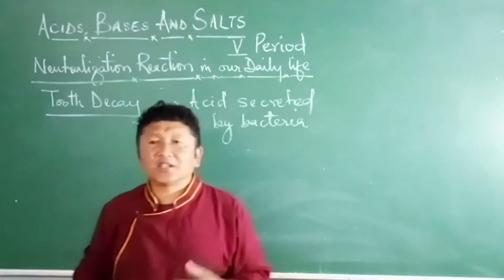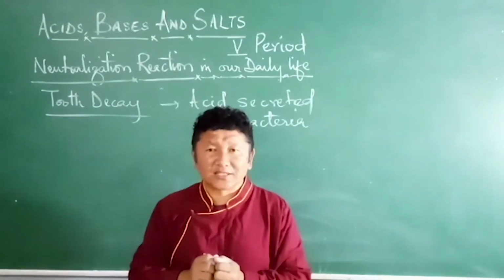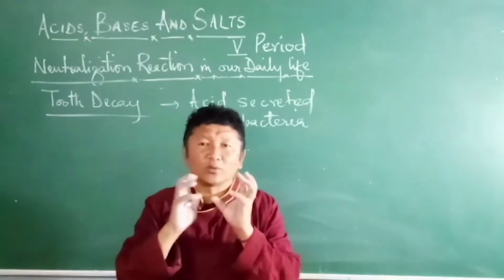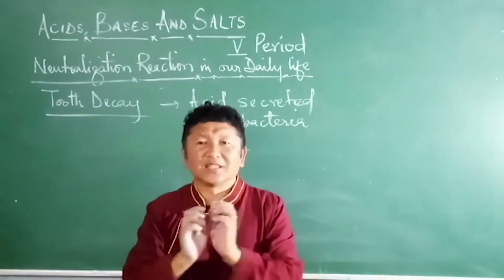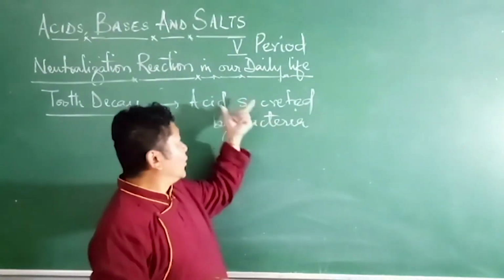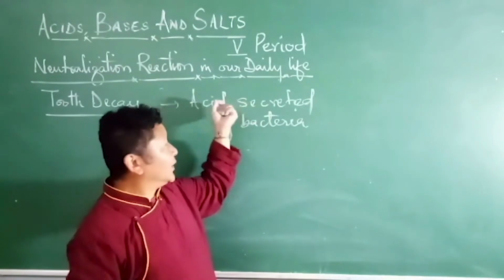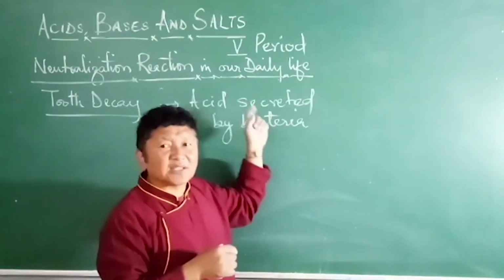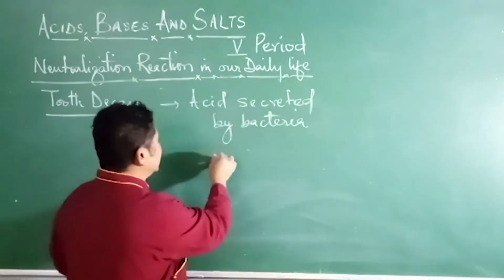Bacteria secrete acid, and that acid causes tooth decay. Our tooth enamel is made of calcium phosphate, the hardest known substance in our body. When the acids secreted by bacteria come in contact with this tooth enamel, and the acid's effect grows